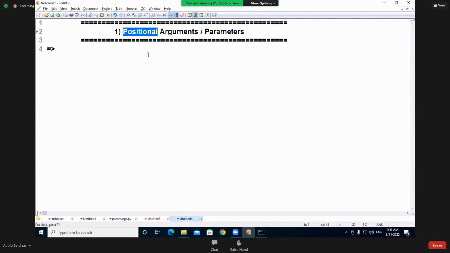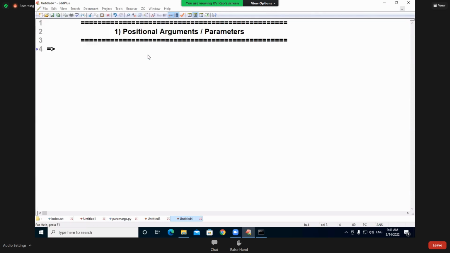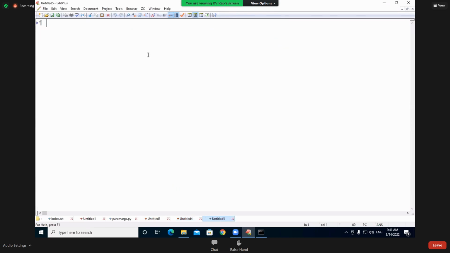Positional. Let me take one example. After a few minutes, I will open the example, students. Please look at that. I will take an example. All of you should follow, because all these mechanisms are easy and a one line answer will be there for that. So, positional parameter